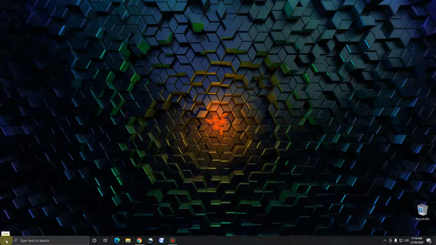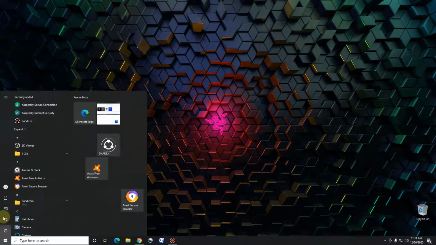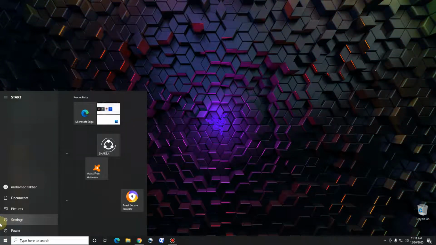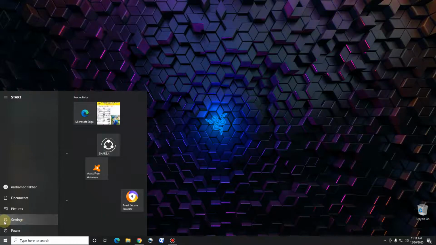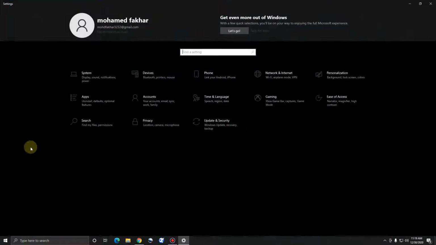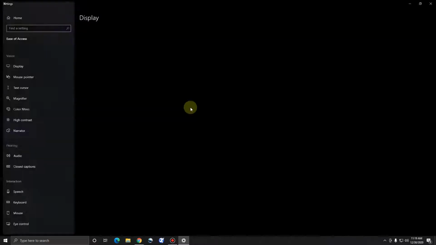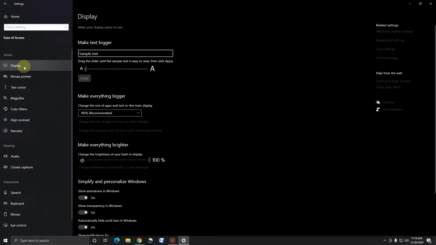Now go to start and just go to the settings icon. It's saying settings, click that and just go to Ease of Access, this option. As you can see here, click on that and then click on display option, and then you can see here